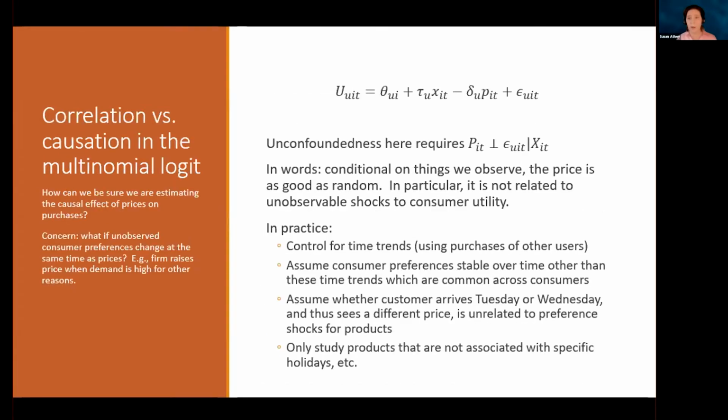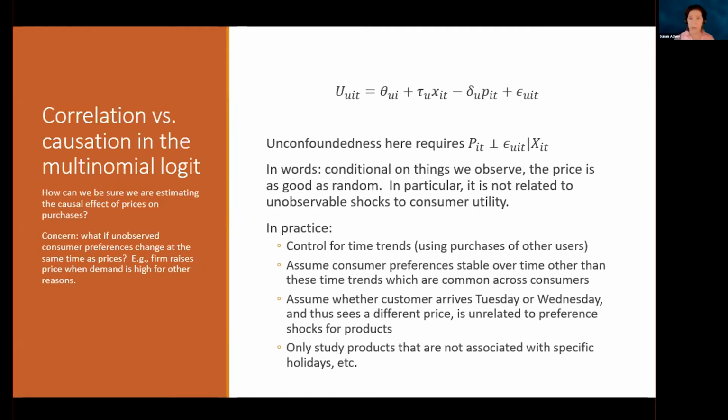So before I get to that, this is a group that thinks a lot about causal inference and making sure that we actually identify causal effects of something. And so that's actually a bit of a challenge when prices might change in response to demand changes. And so in the types of data that I'm going to be looking at, we're going to follow consumers over time, and we're going to see lots and lots of consumers making individual choices.